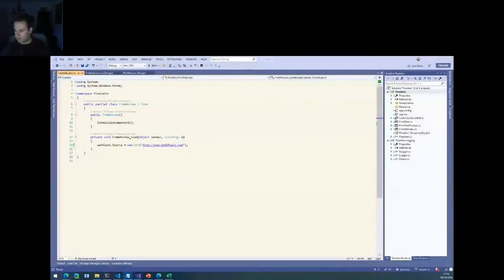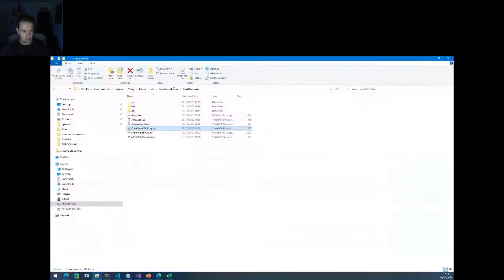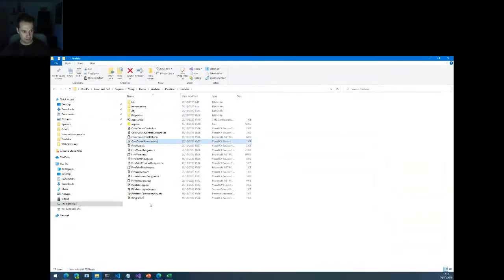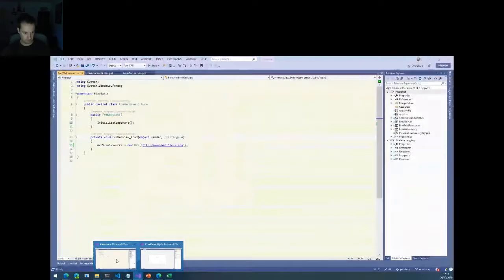So how do we do this? Well, it's actually pretty simple. This is the WinForms project that was created using the command line in the first demo. I'm just going to copy the csproj file. I'm going to the Pixelator directory, paste it here, rename the current one to old, and give the new one the same name as the old one used to have. Go back into Visual Studio, reload my project.